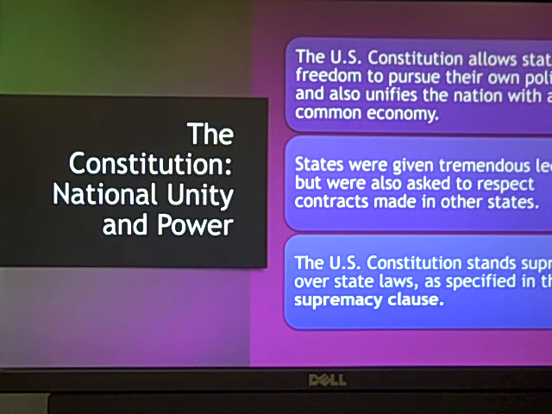Okay? The Constitution creates a national sense or a national purpose. It takes that idea of a confederation and it ties us closer together, so we're now lumped in with one another, right? Like we have to work together, right? So I told you that we have the UN, right? Another example of a confederation would be the EU or the European Union. That's a confederation, right? France is a country, Germany is a country. They both belong to the EU.